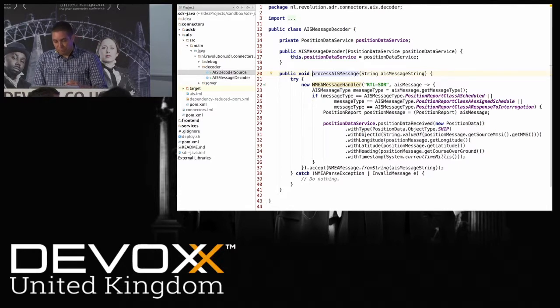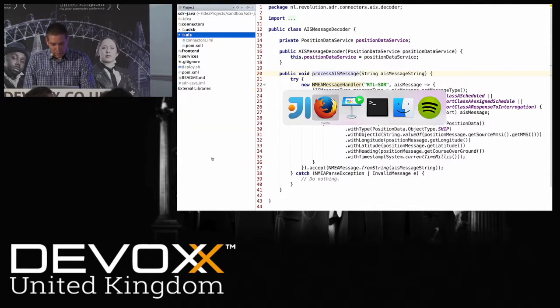So the NMEA messages are received, then fed to AIS messages, converted to a domain object, which is called position data. I'm just here copying the properties from the AIS messages domain object to my own domain object. So that's basically it.